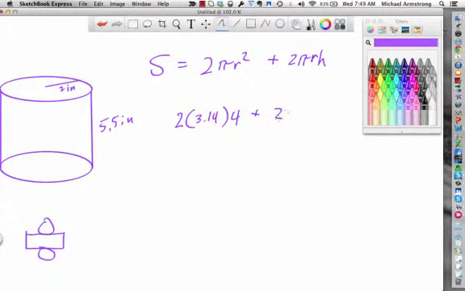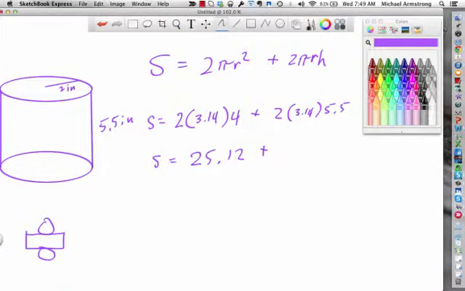because 2 squared is 4, plus 2 times 3.14 times the height, which is times 5.5. And you just put that in your calculator. And I'm going to grab my little handheld calculator this time instead of doing it the other way, because there's more calculations and it's just quicker this way. 2 times 4 is 8, times 3.14 is 25.12,